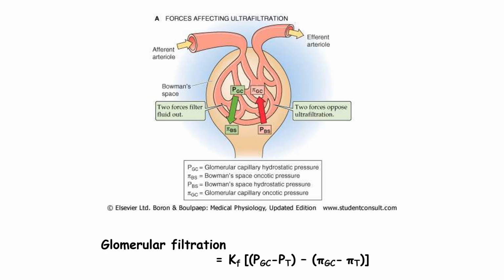So the final glomerular filtration rate is equal to Kf times net filtration pressure. The net filtration pressure is the hydrostatic pressures, one capillary and one capsular, minus the oncotic pressure of the capillary and the oncotic pressure of the tubule or capsule, which will be 0. So these two pressures minus the capillary oncotic pressure.